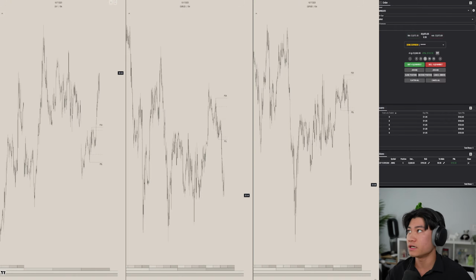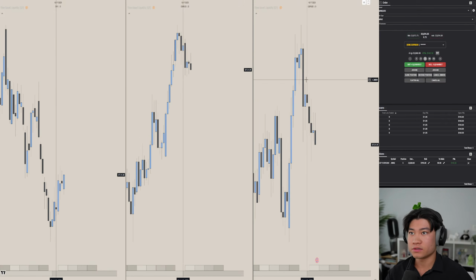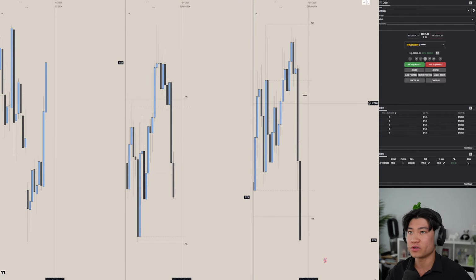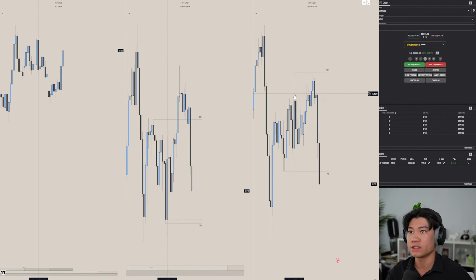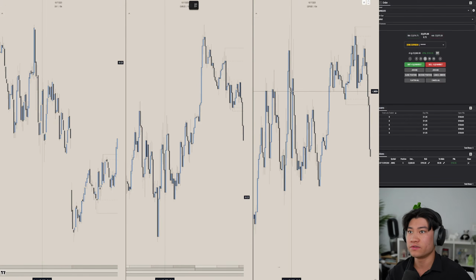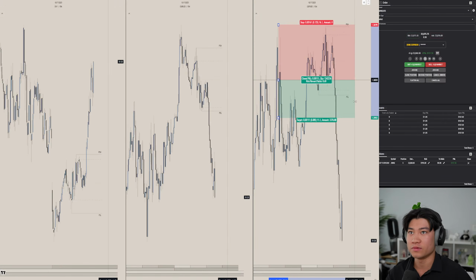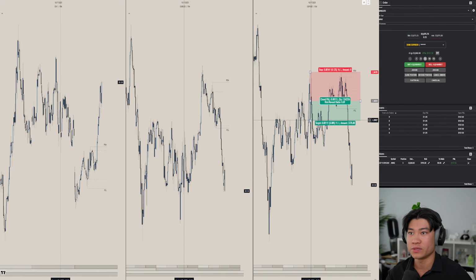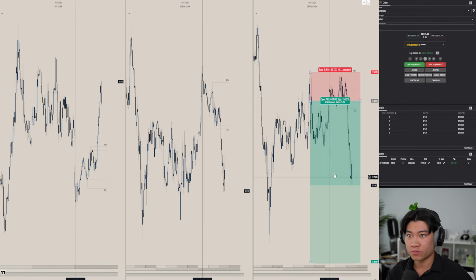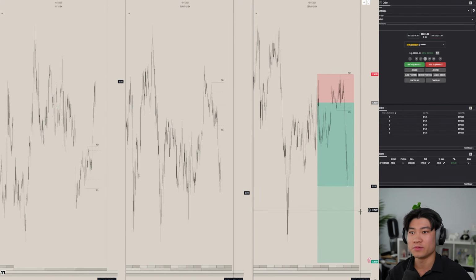GBP is moving nicely. I am looking at this daily range right now. So the thing about GBP is we traded into this fair value gap. We have SMT on the high of previous day high and London high from yesterday. Fortunately, the position from yesterday, the London high SMT and then change in state of delivery right here, it was very close to being stopped out. However, it didn't. It was literally a few pips away from stopping me out. But once again, I think by God's grace, it didn't stop me out.